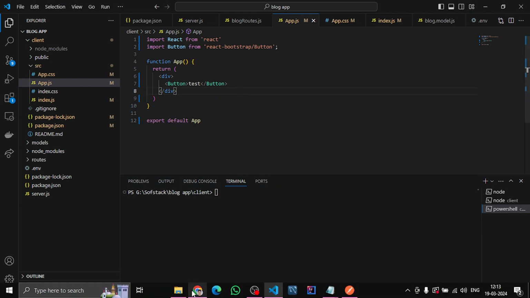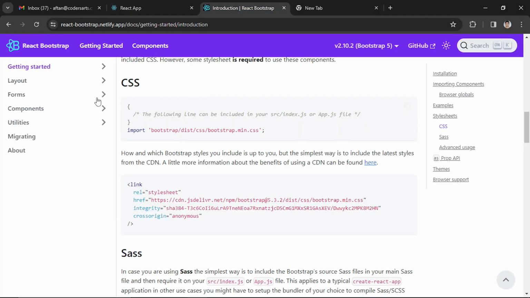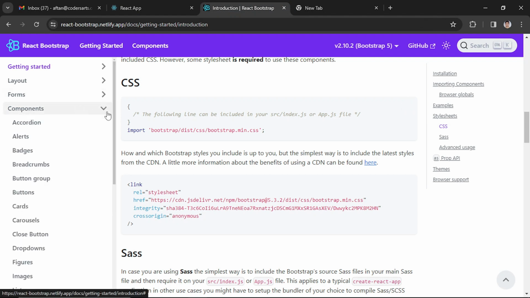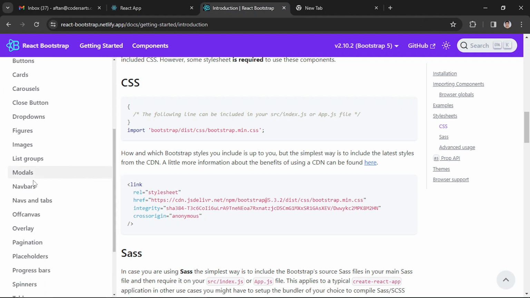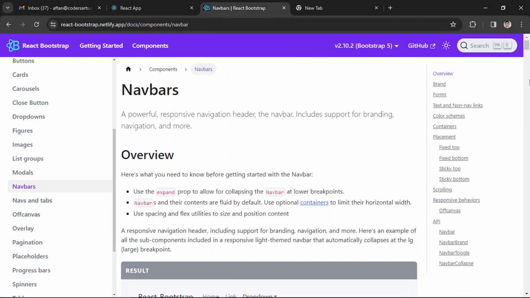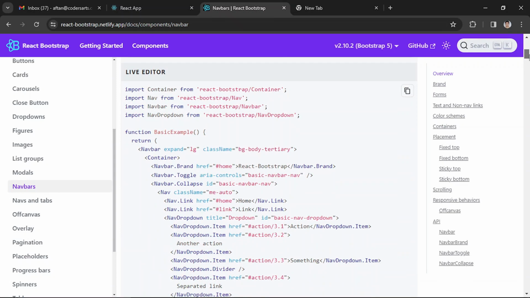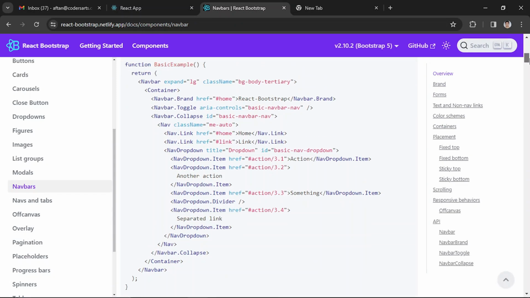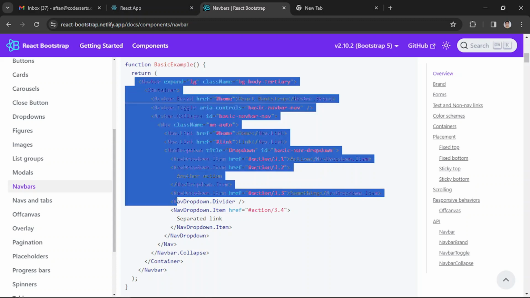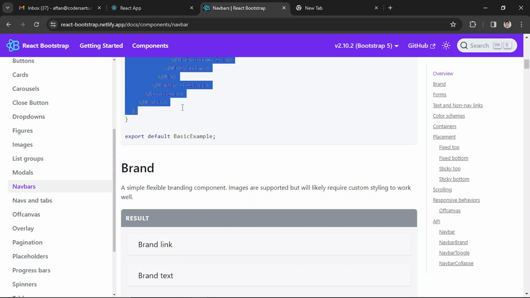So let's create the navigation bar in our landing page. For that, we'll be grabbing the navigation component, which is nothing but this one, the navbar, and then we'll be modifying it accordingly. As you can see, we have kind of similar behavior in here. You can see we have a navbar and the container, the brand, toggle, collapse, all these things we have. So simply we can copy this